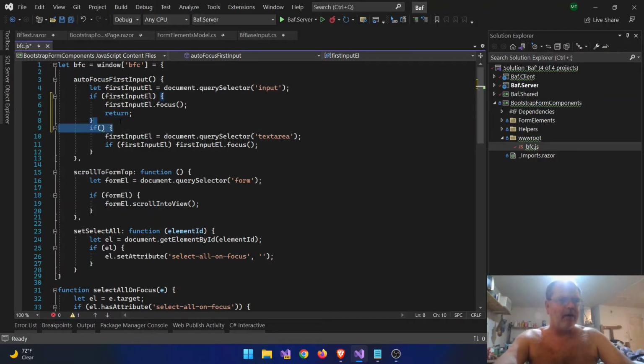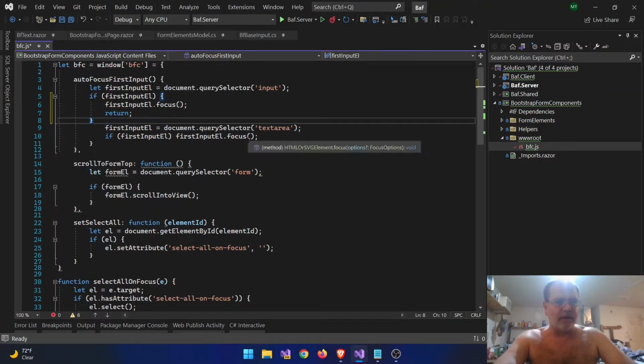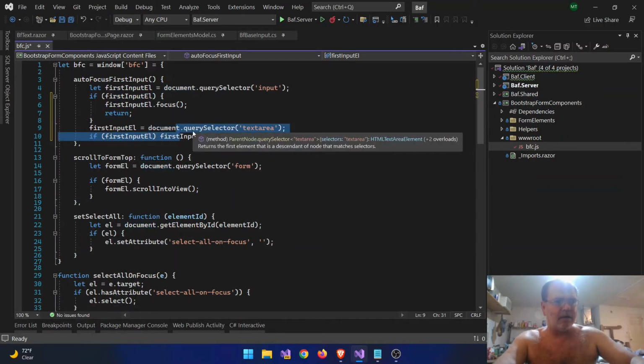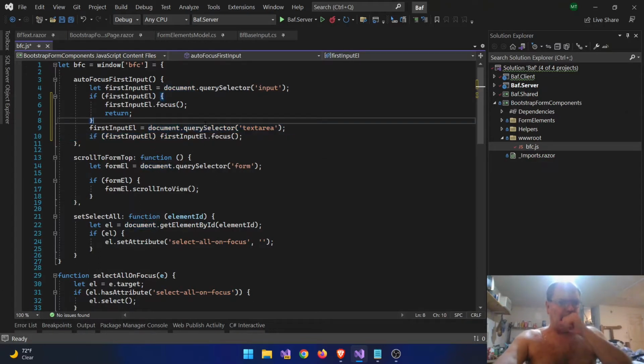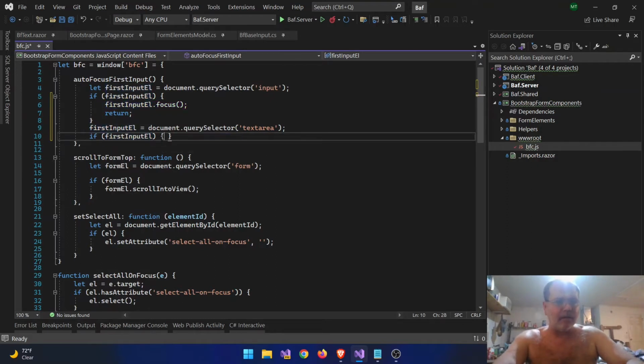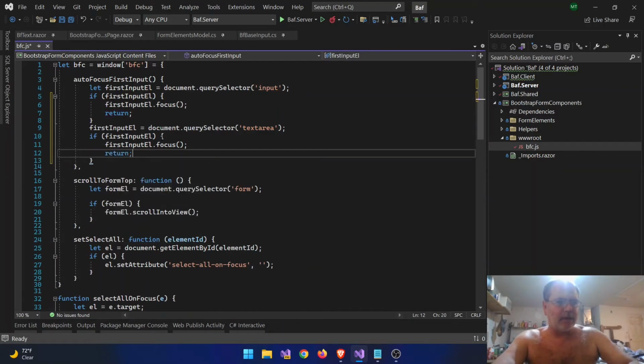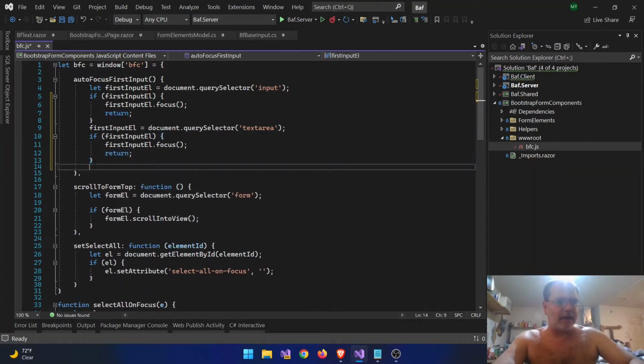I'm sorry, I'm mumbling. Alright, so we're going to do that. Let's do a little indentation work here, and then take this off of here. Put it there. Return. And then the last if will be